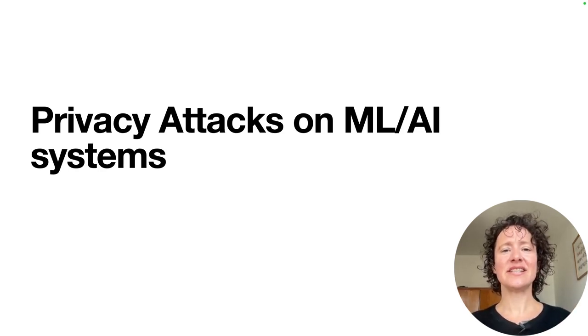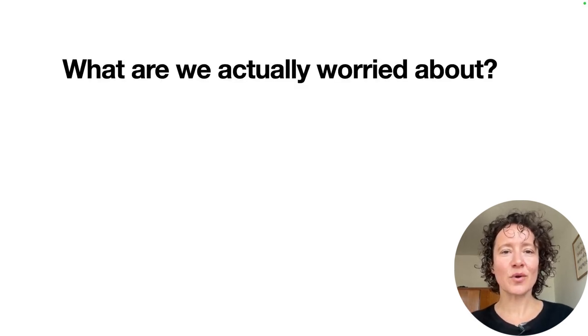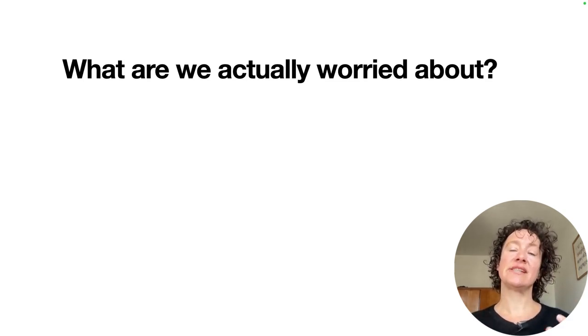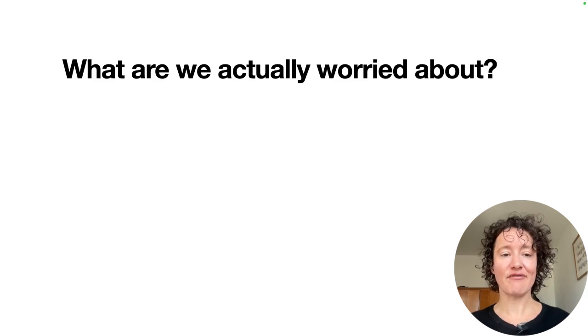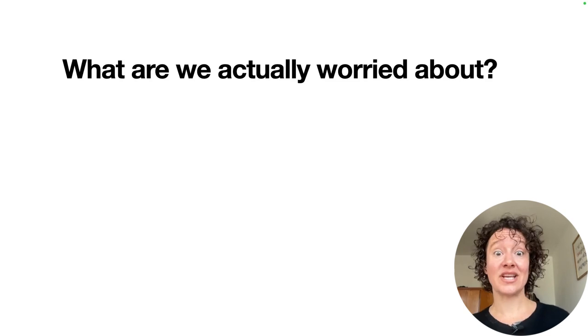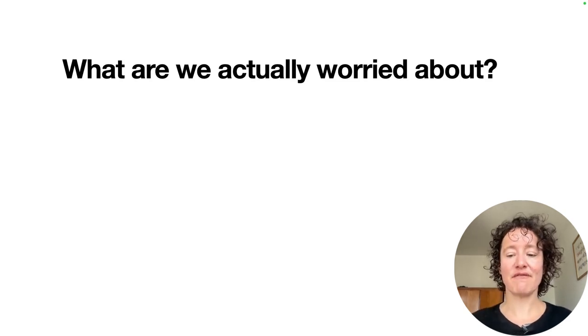But let's dive in today to privacy attacks. And specifically, we want to define what we're worried about. So if we realize that memorization is happening, or if we're worried that maybe we're saving potentially sensitive information in our machine learning model or our AI model, then we need to figure out what actually does that look like in the real world? Is there a threat here? And then can we test for it? Can we do something to intervene?